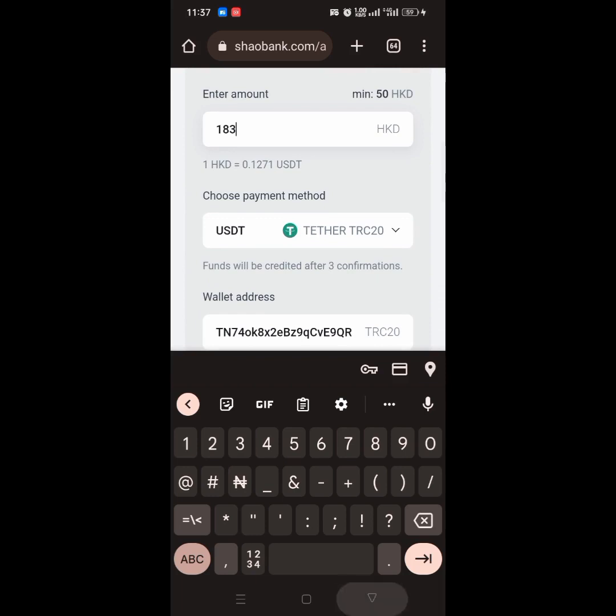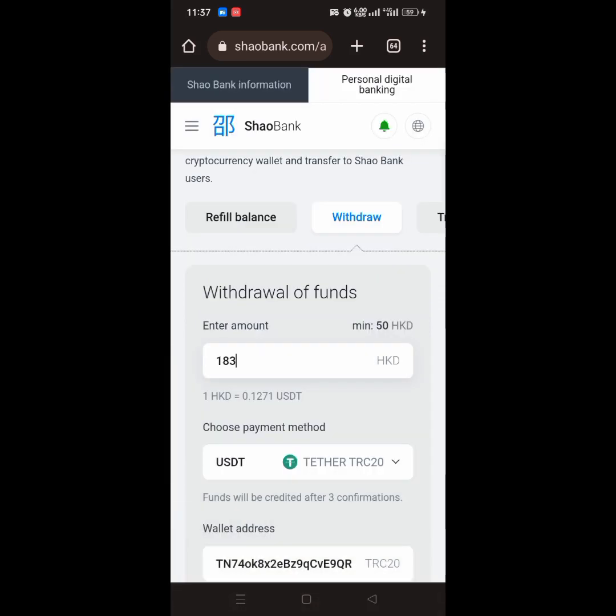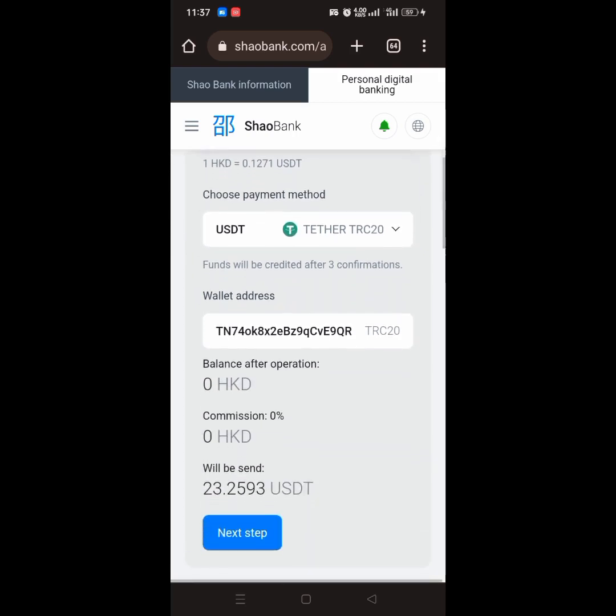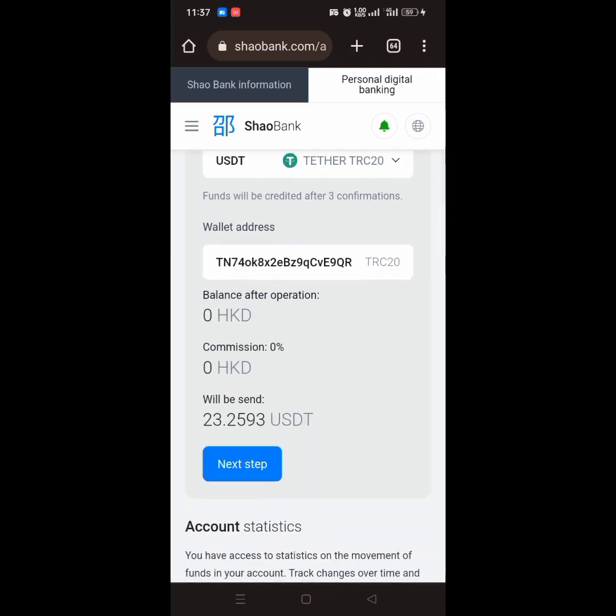Already I've bound my wallet address. You can check the video in the first comment of this video for a full video on how to bind your wallet address and bind your 2FA verification to secure your account. So the next thing I have to do is to click on this place that says next step, and it's going to ask me for